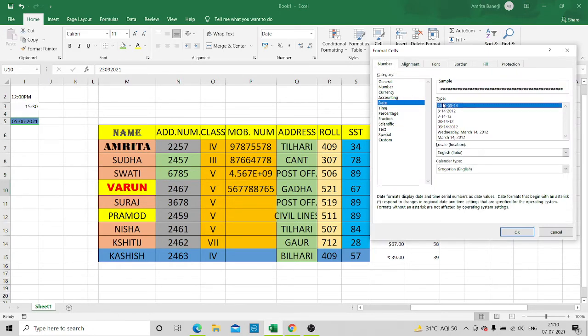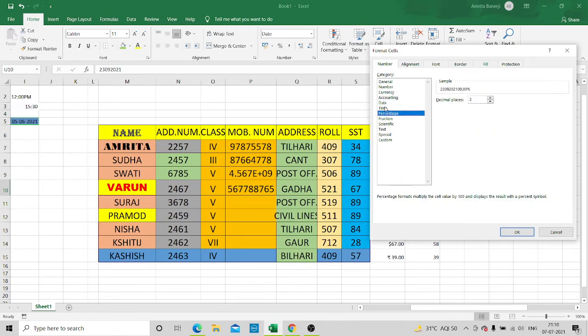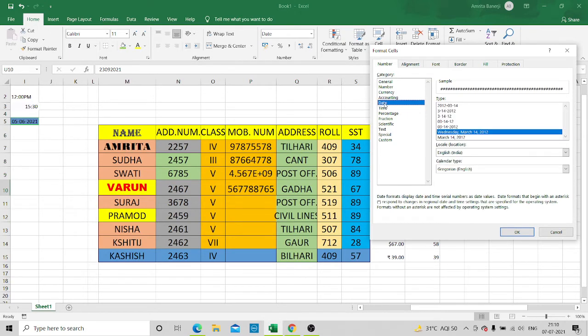Date format, sample date, Wednesday. Okay, but why has this format been selected? I guess there is some mistake, isn't it? So children, since the format is over here, that's why it is not appearing.